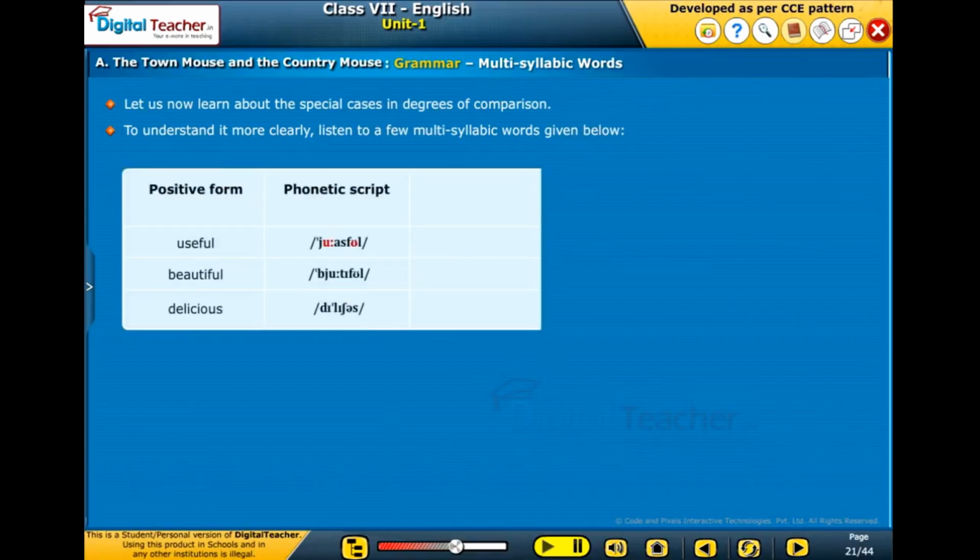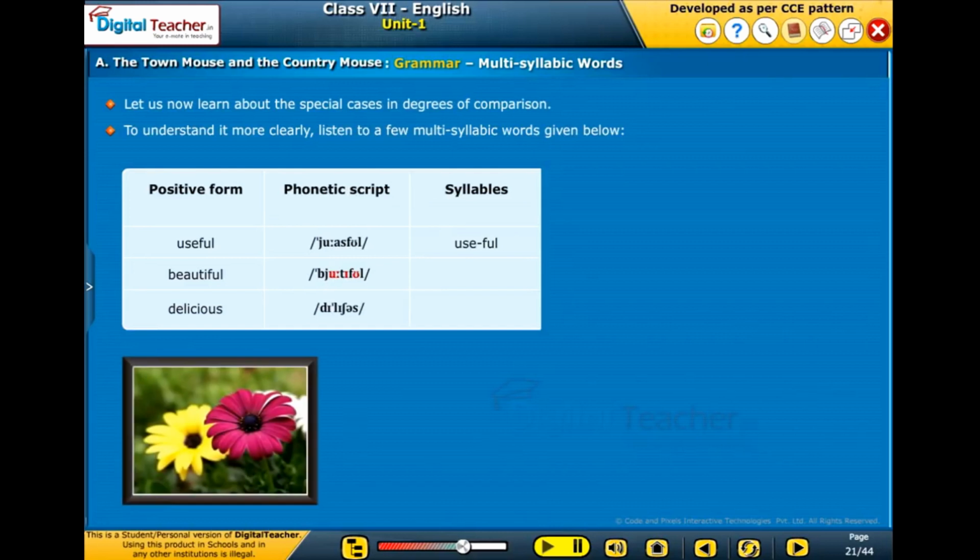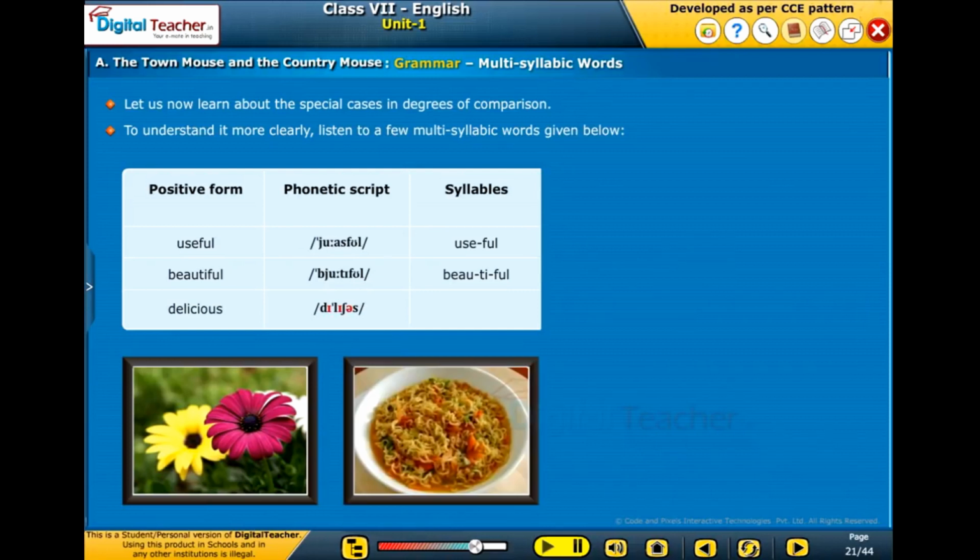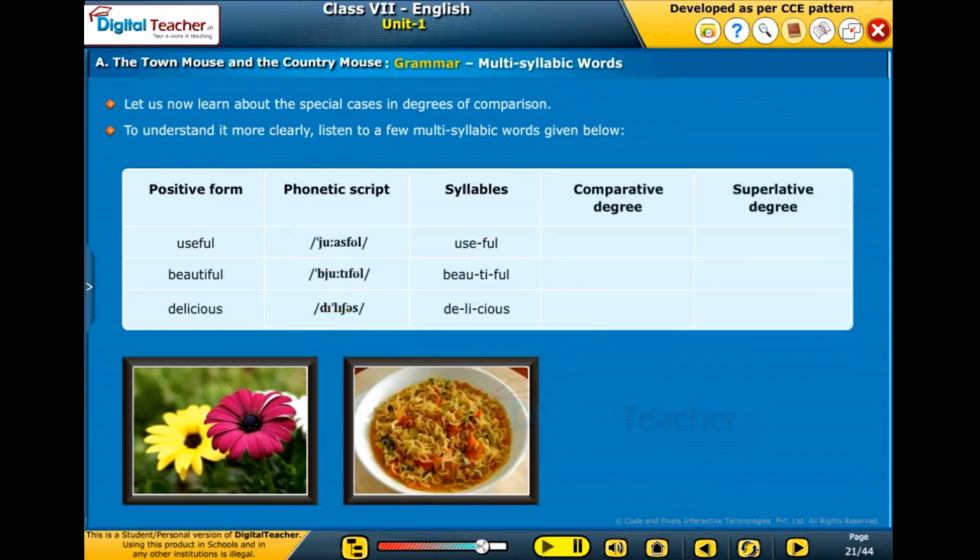The word useful is made up of two syllables: use, full. The word beautiful has 3 syllables: beautiful, so it has 3 syllables. Similarly, the word delicious has 3 vowel sounds: de-li-cious. So to form comparative and superlative degrees of these adjectives, we don't add er or est, but we add